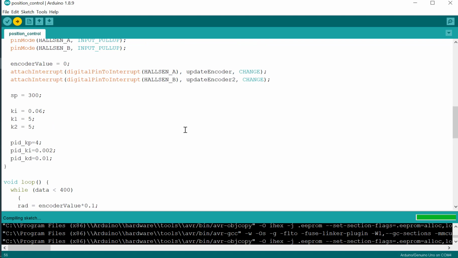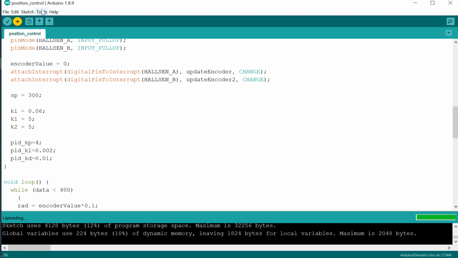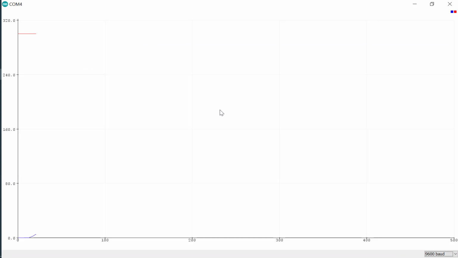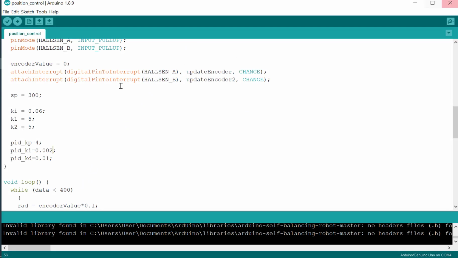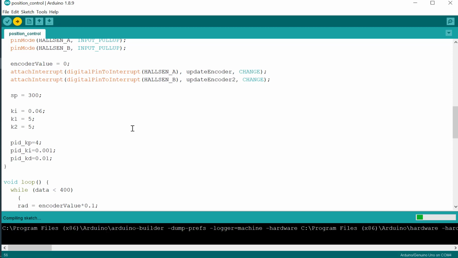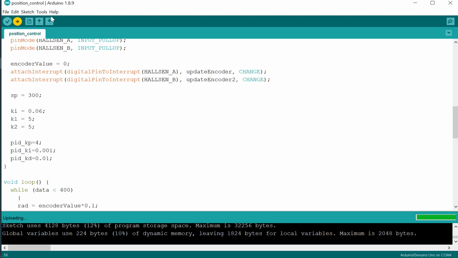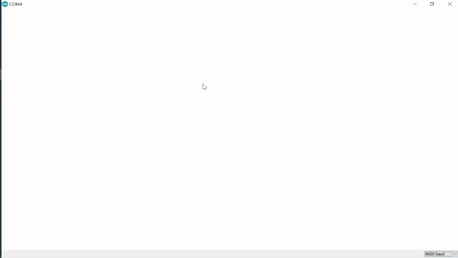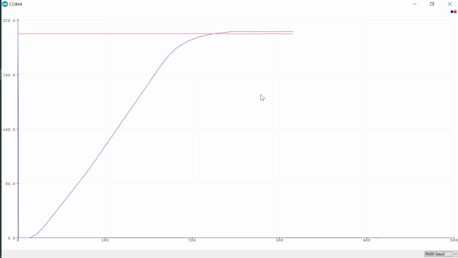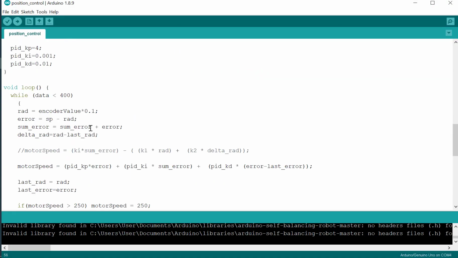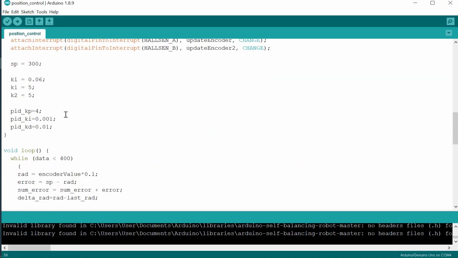So if you want to try this experiment, you can write the program on your laptop or your computer. The response is still not good. This is the disadvantage of using the PID controller, because we need to try again and again to get the best response, and the result is not always good.